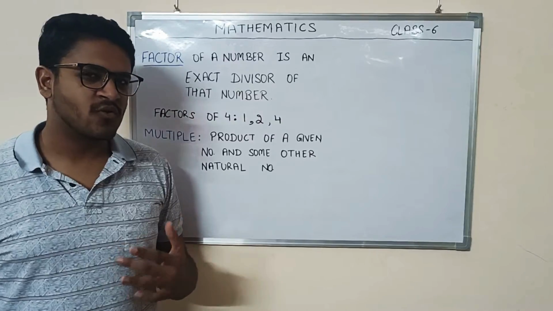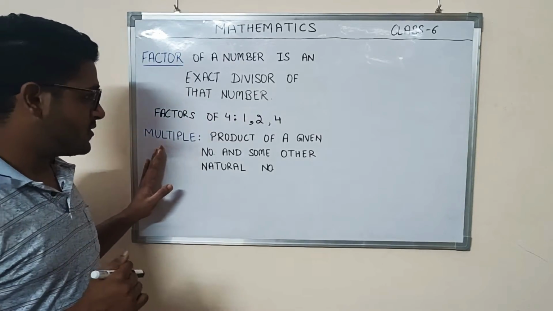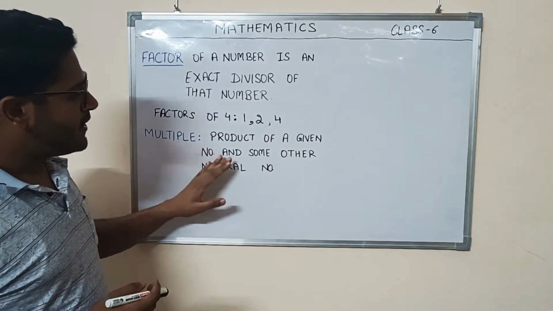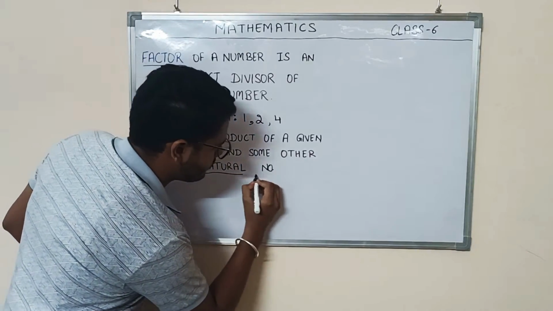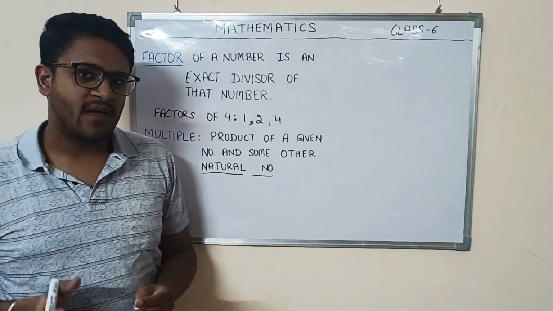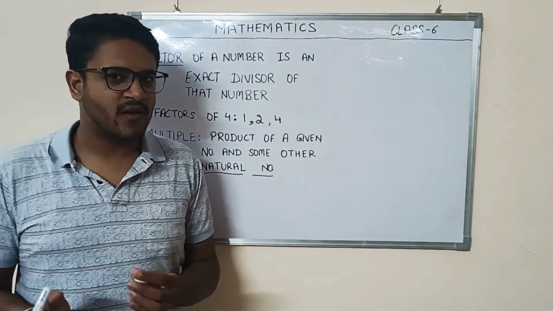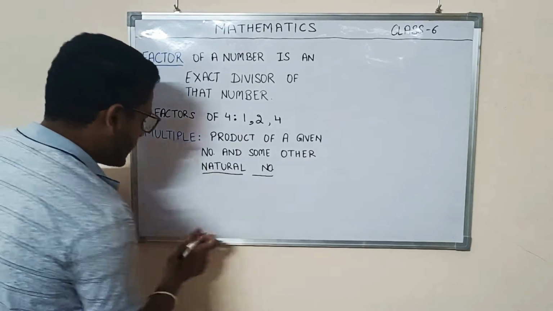Now let's jump to the second most important topic, which is a multiple of a number. A multiple of a number is a product of the given number and some other natural number. When we multiply the given number with some other natural number, the number that we get will be a multiple of that number. For example,